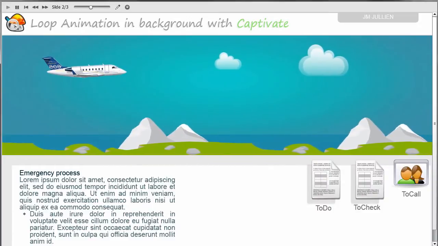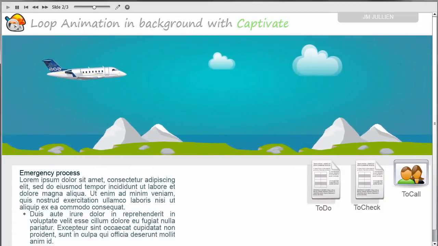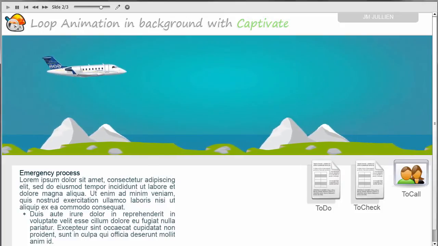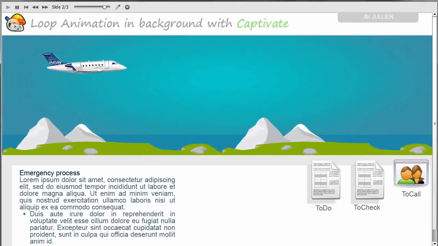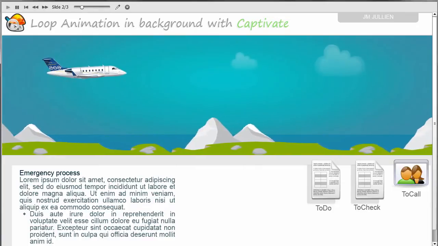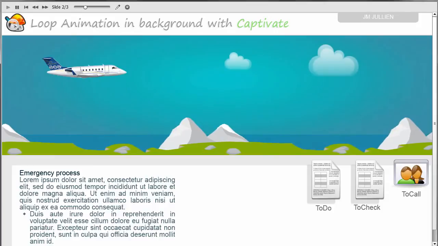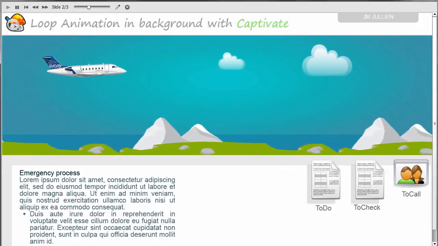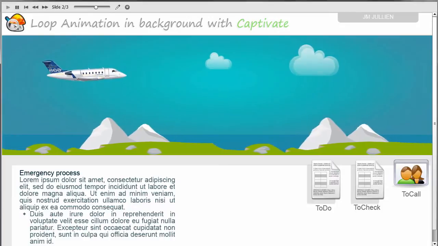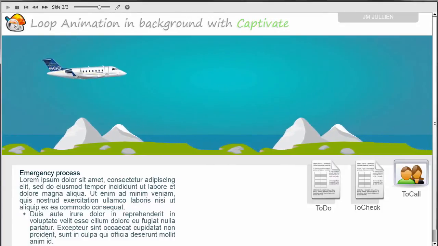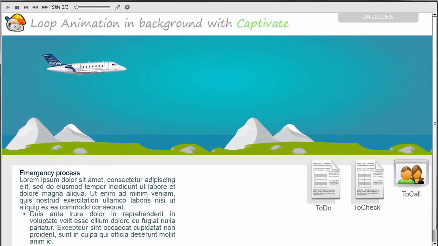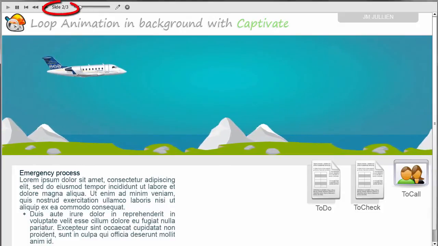Hello! In this video I'm going to show you an example of an animated background I've made that runs in loop in the same slide such as this one, and that you can easily reproduce. For e-learning designers or companies that don't have either an animation software or skills in CSS3 or a budget for developing animations, it can be a solution to make animations that run in loop in background while the content is being displayed. To introduce shortly this animation, it stays on the same slide as you can see.